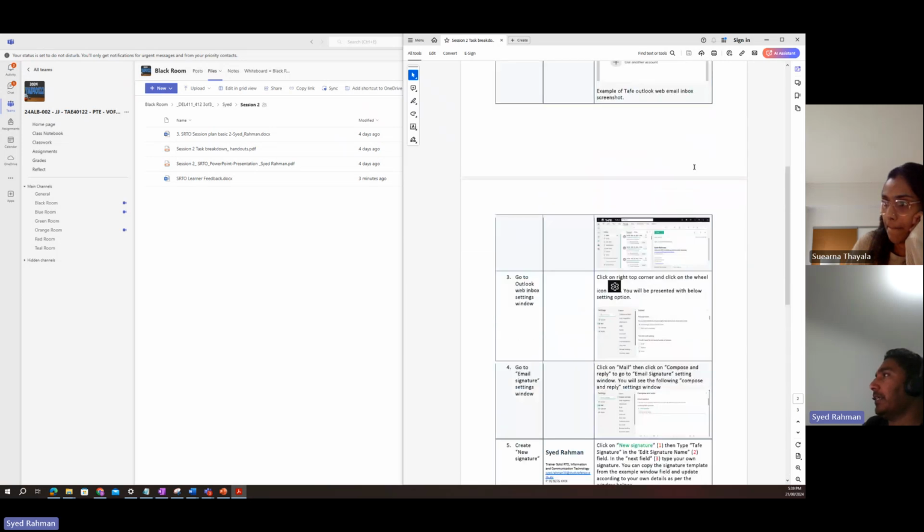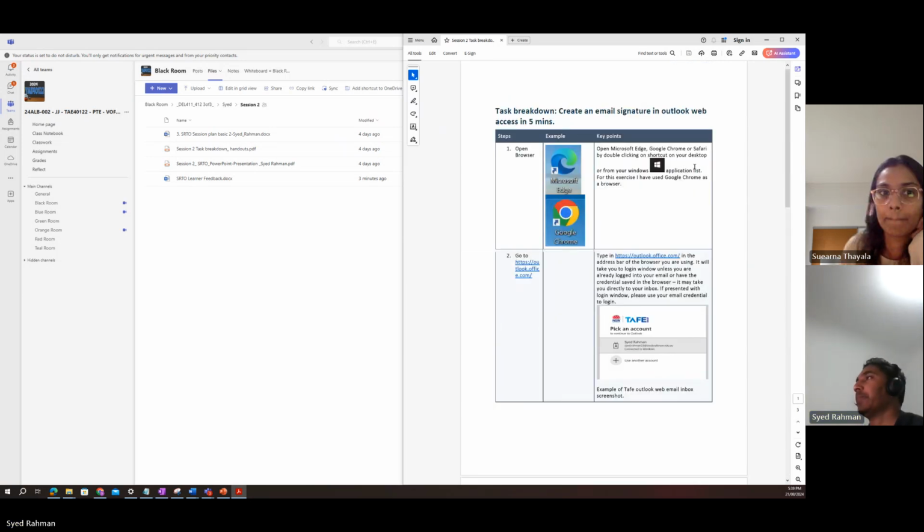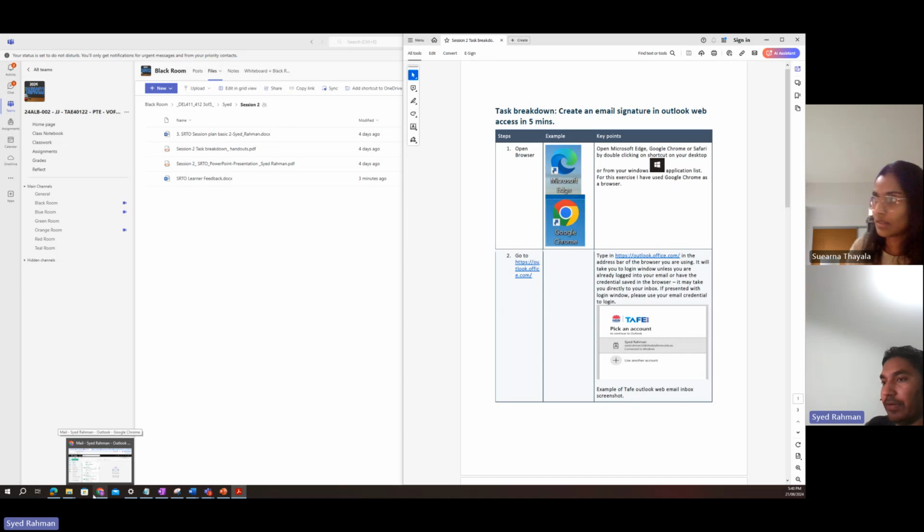We will start from step number 1. The first one, I will show you how to do it while you observe, and then we will practice it together. The next one, I will let you do on your own. Step 1, open the browser, whichever one is available to you. For this exercise, I'm going to use Chrome. Chrome is already open, but what I can do is